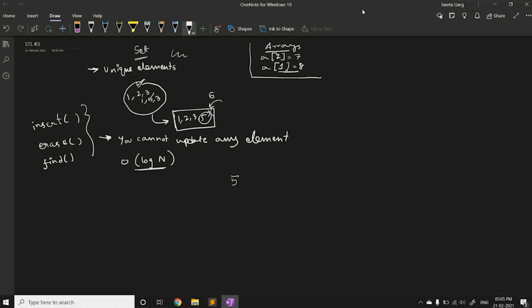Even if I insert 5, then 1, then 3, and then 7, and I print the elements of the set, finally I will have 1, 3, 5, and 7. So a set will always keep the elements in ordered fashion.